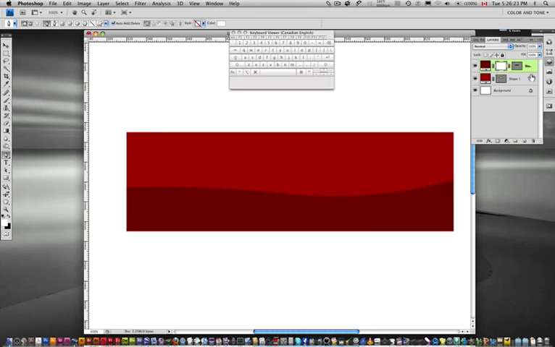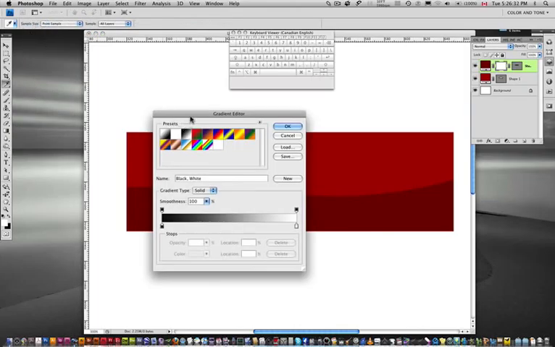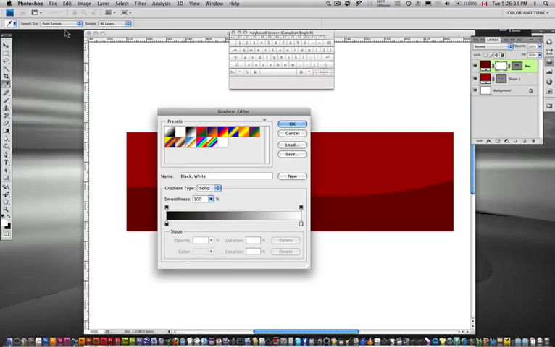Now what I want to do is do a gradient to this. So I'm going to get to my gradient tool, which is G. So I've got that selected. I'm going to go up here and just click on my gradient editor, and it's just right up over